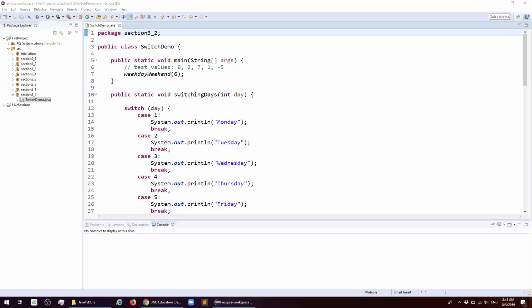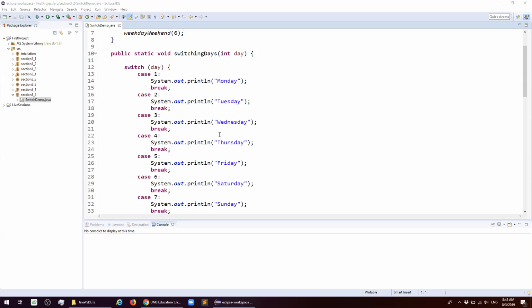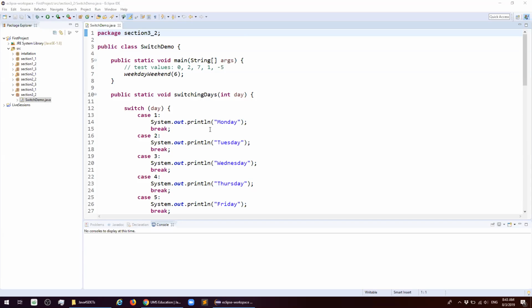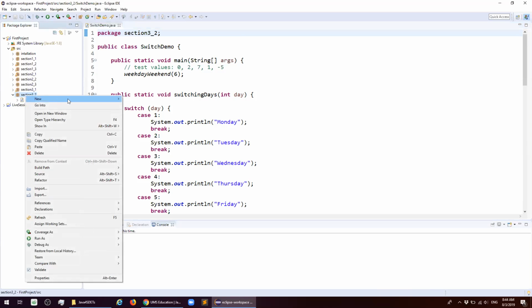Welcome back, everyone. Now that we have seen one alternative operation that Java provides to replace if-else-if branching when necessary, which was the switch statement, now let's look into another alternative operation that Java provides, hopefully making for the cases to make our lives easier. Now, to do so, to look into ternary operators, let's first of all create a new